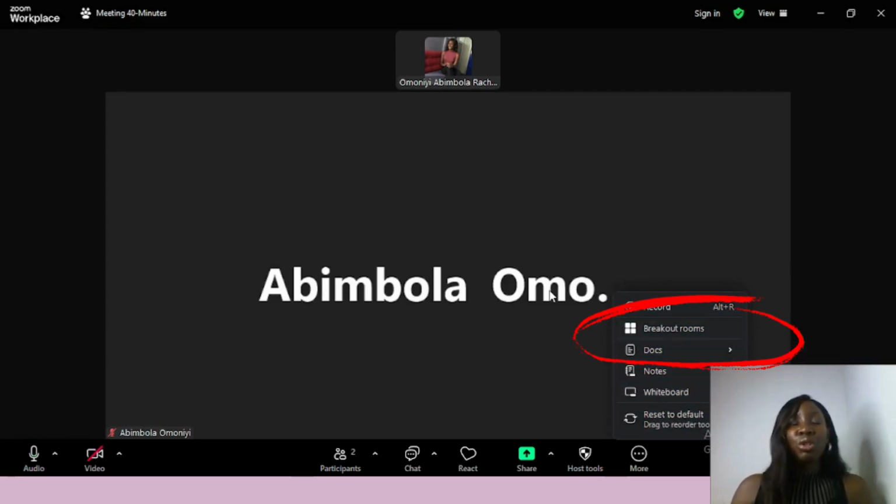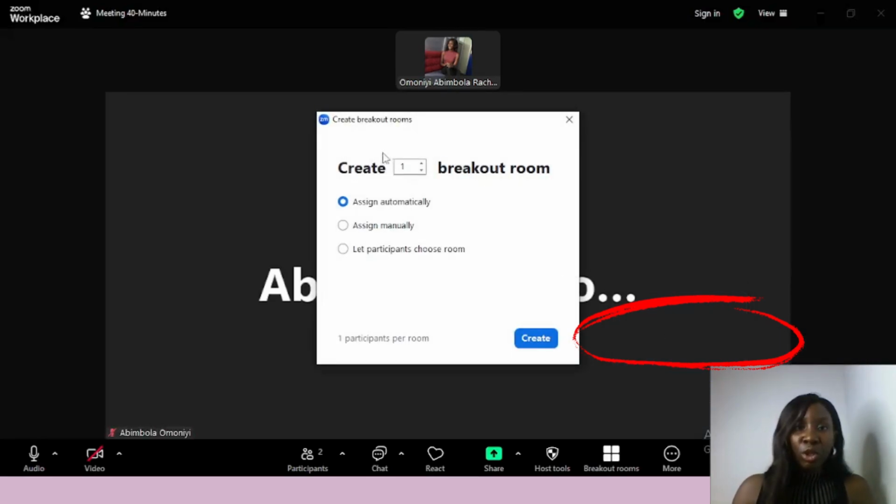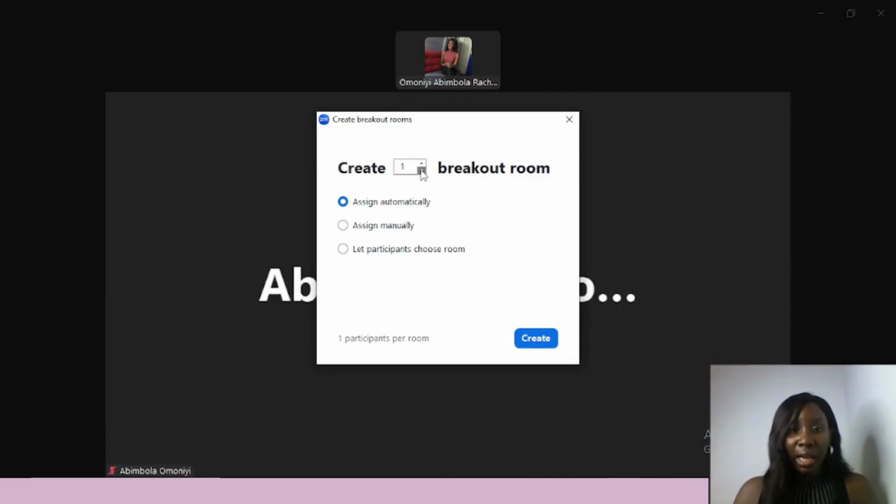So depending on the number of students you have in your class, once you click on the breakout room, the first thing you'll be prompted to do is use the arrows to select the number of breakout rooms you want. So the next thing is that you'll be asked to assign your participants. How do you want to assign them? Do you want to assign